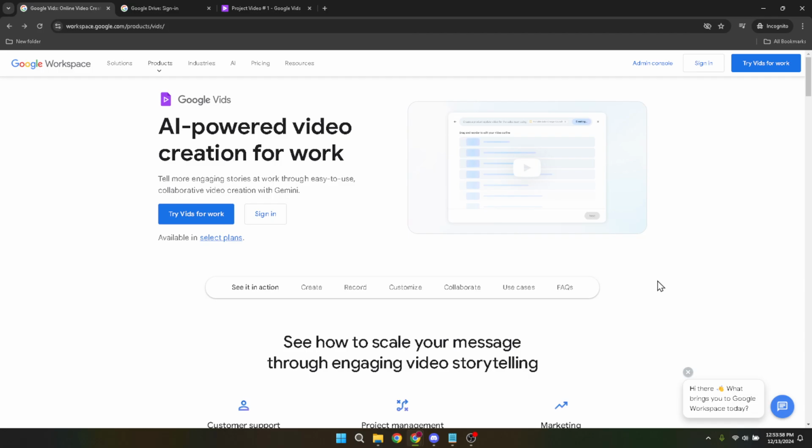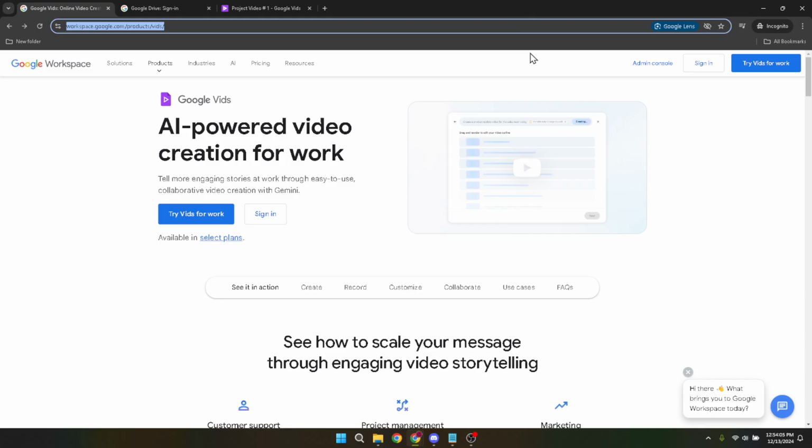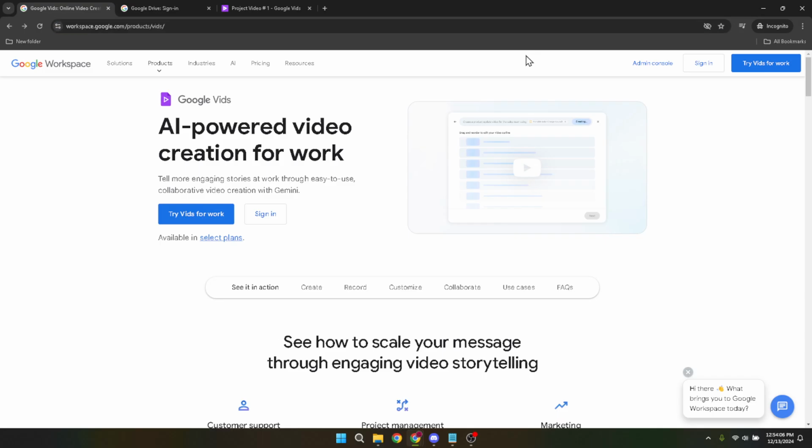for complex software. First things first, you'll want to navigate to Google Vids. You can easily do this by searching for Google Vids on your preferred browser or by following a direct link if you have one. The website's homepage is designed to be user-friendly, so you should find what you're looking for without a hitch. Once you're on the homepage, your next step is to sign in. Look for the Sign In button, which is usually located at the top right corner of the page. A click on that will initiate the sign-in process.